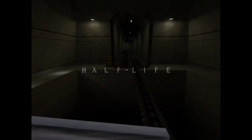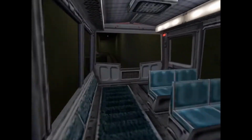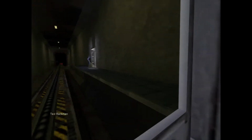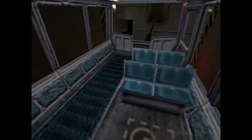Half-Life 1 is a game older than me. It came out in 1998 and is a first-person shooter and a basic puzzle solver, something like looking for the button to press, running around and doing the right things. It's an extremely innovative game for its time and basically set the scene for the next 10 to 15 years